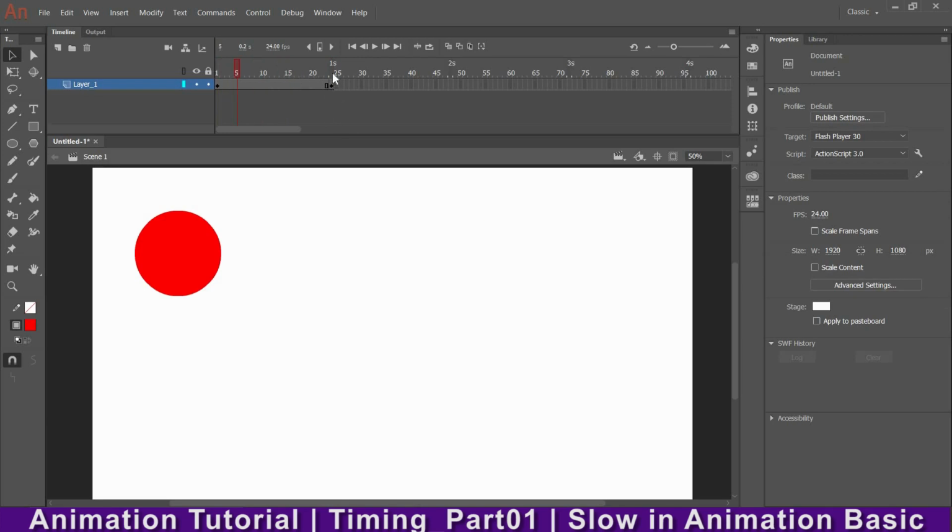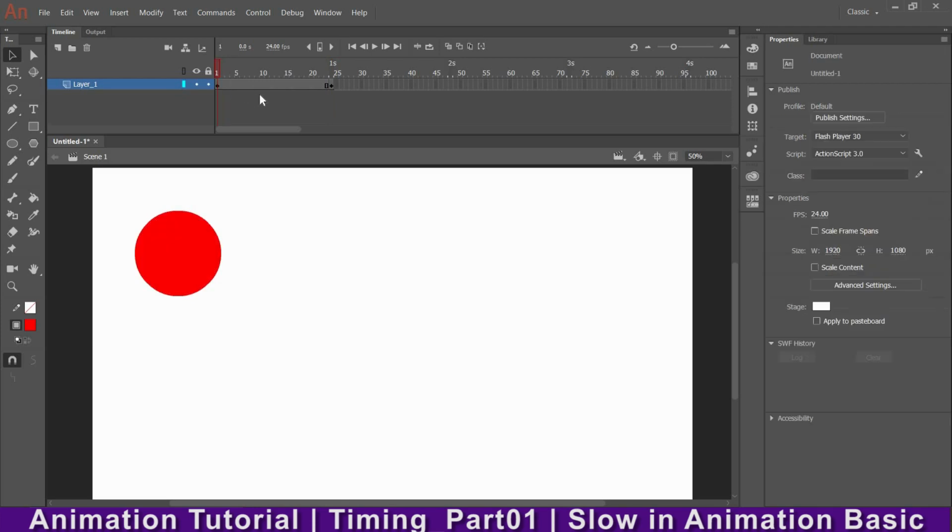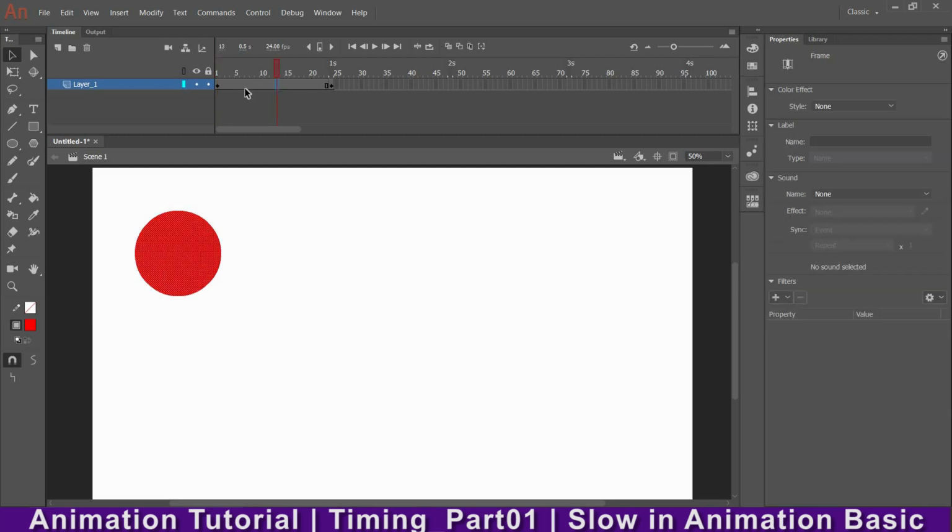Let me tell you that this is 24 frames per second. That means in 1 second there will be 24 frames you can see. It's not that you have to draw in each and every frame. If you draw in twos, it means one drawing will be for 2 frames. Then you need to draw 12 drawings. So first I need to draw the drawings in between the 2 frames. Before that we need some planning. How to do the planning, I'll show you. Let me open the onion skin and show you 2 drawings. This one and this one. Now it is quite visible.